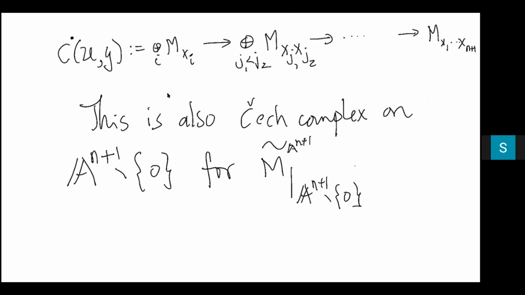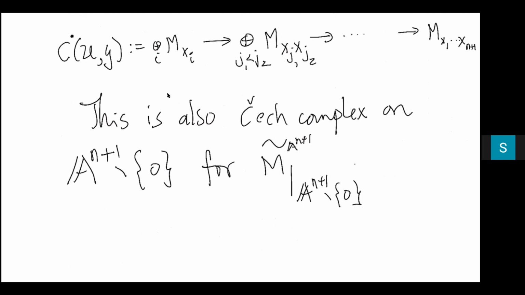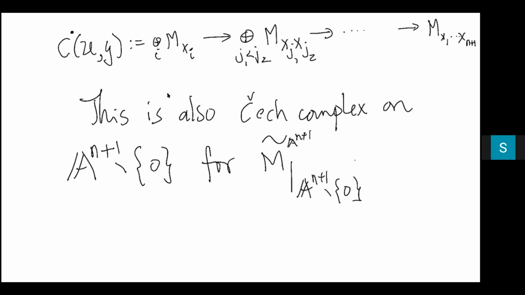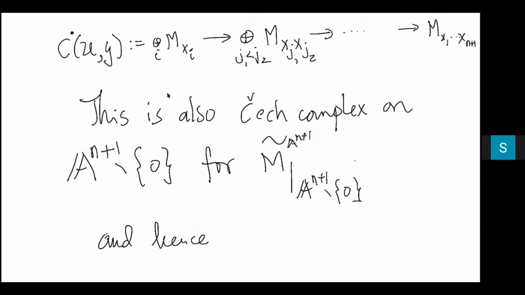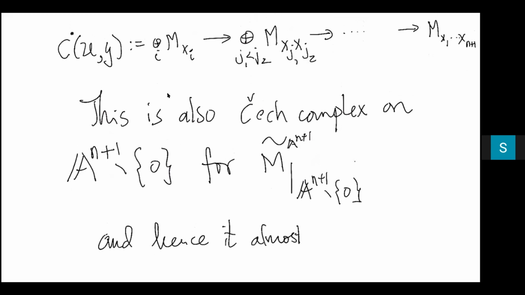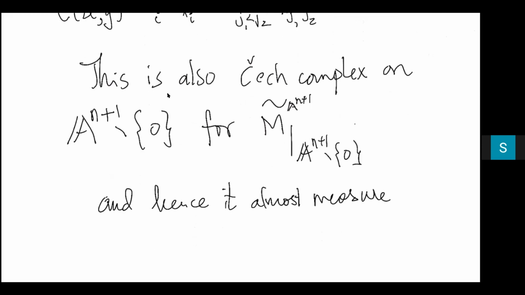And therefore, if you go through the local cohomology sequence that we wrote some time back, this will tell us that, and hence, anyway, maybe I should cut a long story short. So what is the conclusion I get from this? This complex almost measures, well, one can make it precise what it's measuring, the homology of